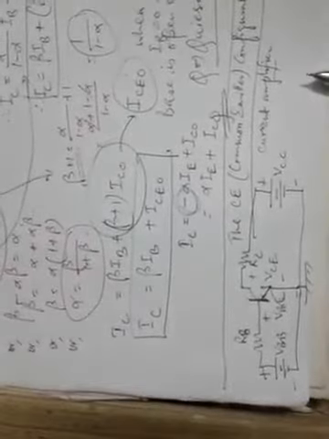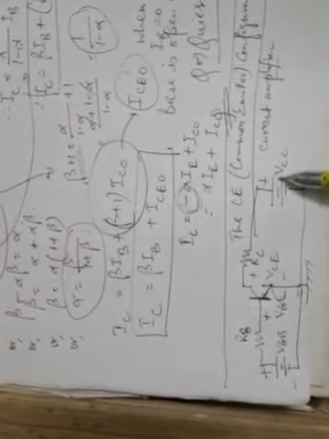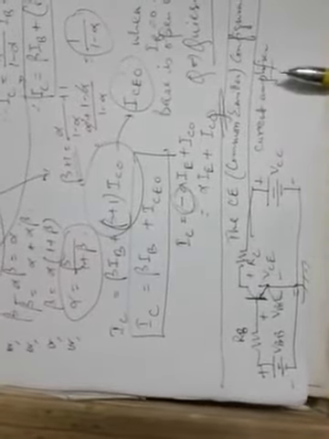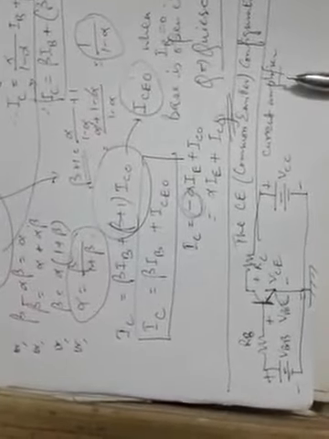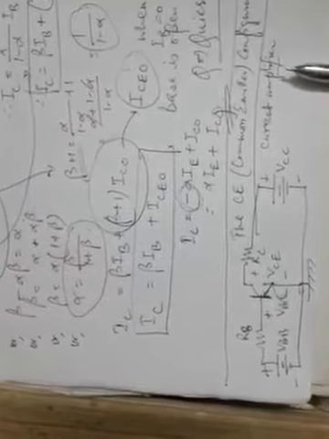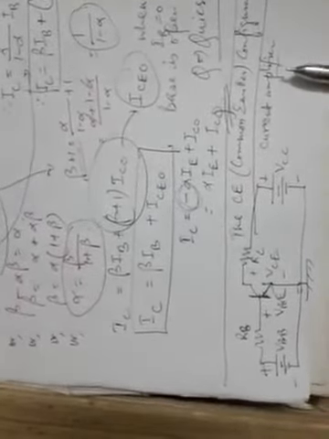When the subscripts are the same, suppose VBB and VCC, V obviously means voltage, and the subscripts are BB and CC. So when the same subscript is used twice, like B and B, or C and C, that means it represents a voltage source. A source will always be used with the same subscript twice, that is either VBB, VCC, VEE, something like that.